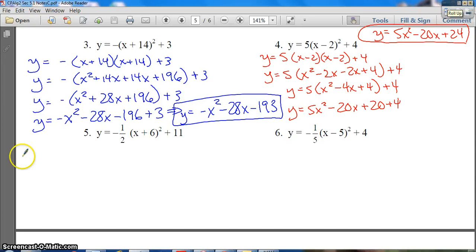Jumping down to 5 here. I'm going to keep that negative half out front. I'm going to actually do the x plus 6 squared first by doing x plus 6 times x plus 6. So this is going to